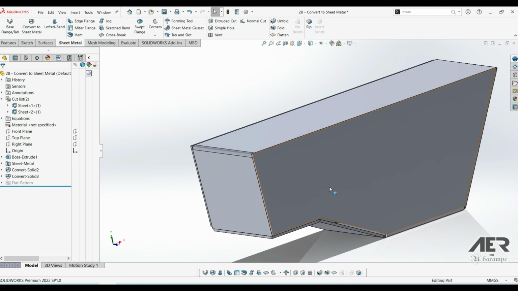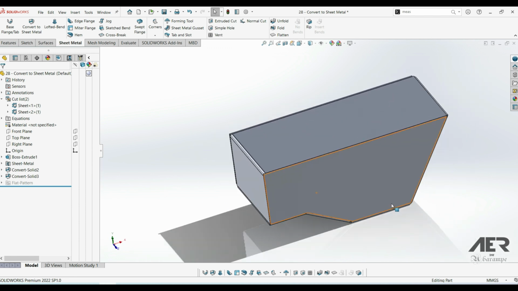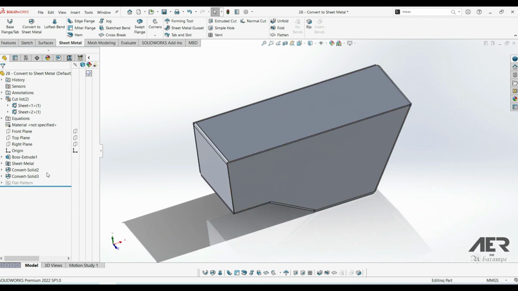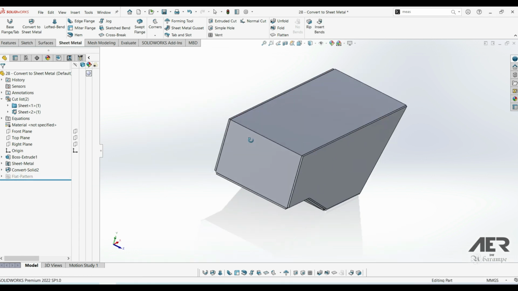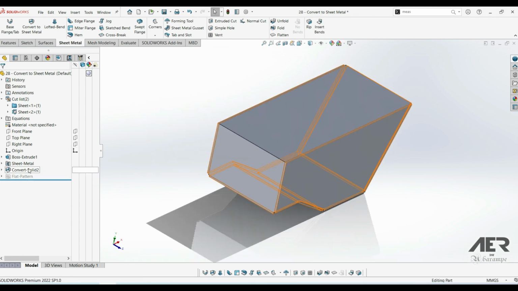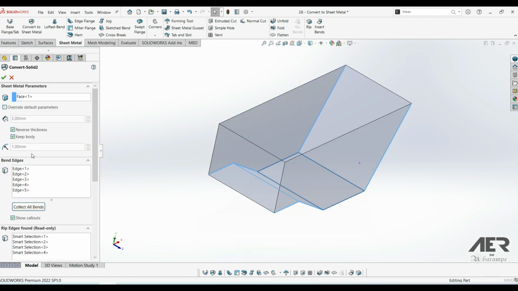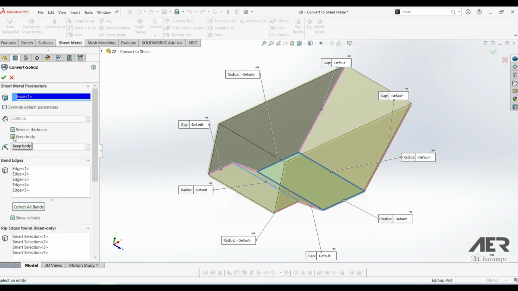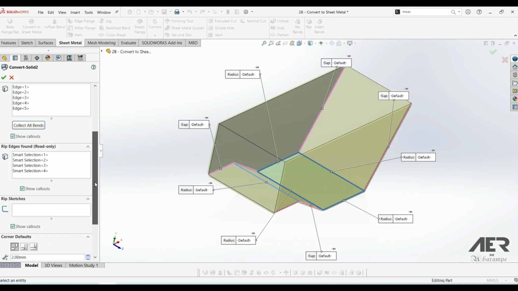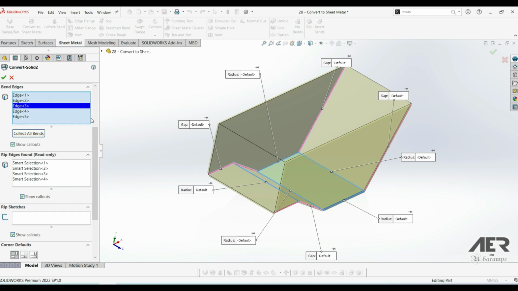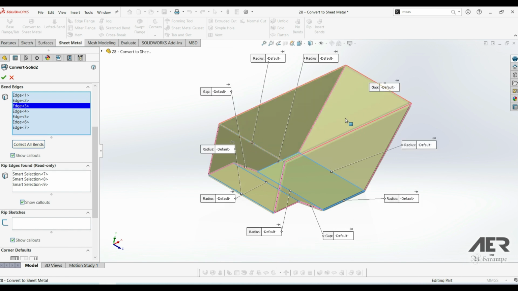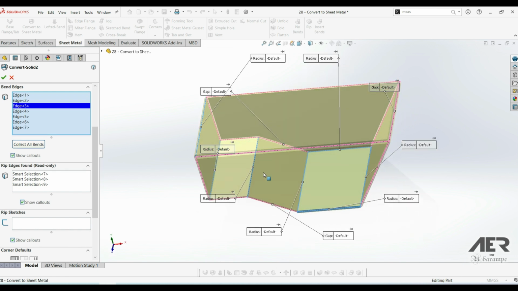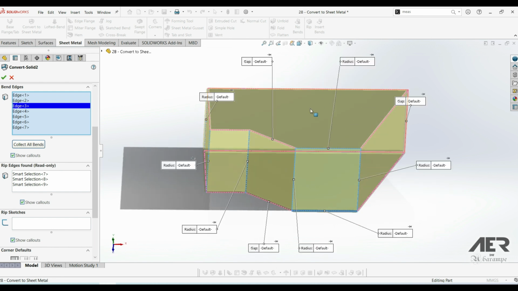Another thing that we can do is add manual rip lines. So we're just gonna go back to a single part. I'm gonna delete that second part, and then I'm gonna edit that first convert to sheet metal feature. I'm gonna turn off the keep body just to avoid any confusion. And I'm gonna add bend lines everywhere we want them. So let's add one to the top edge as well. And then we're automatically gonna rip along the other edge in the other corner. So now we have the whole outer shape. When we press OK,